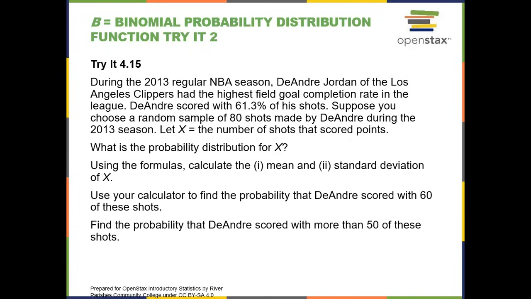Number of trials is 80. Probability of success is 0.613. And x value is, you want to add up 0 to 50, then you'll get more than 50. So 0 to 50 is the complement event, which you are subtracting from the sum of the probabilities of 1. So x value, the last value you're adding from 0 to 50, is 50. Paste, enter, and enter. And the answer is 0.3718.